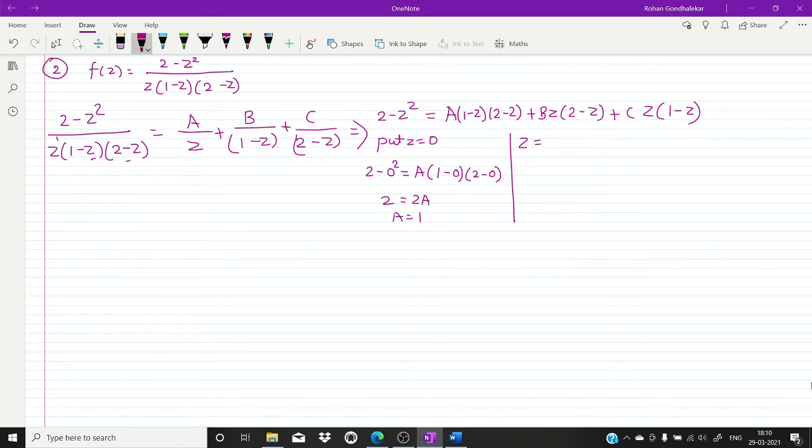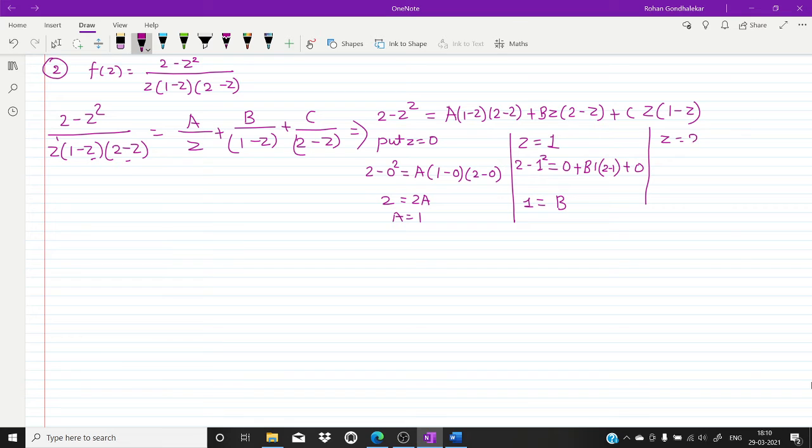Next, I am going to substitute z as 1. So what I am getting, (2 minus 1) square is equal to, see here I am having only 1. So 1 minus 1 becomes a 0. So a will be 0 plus c is also 0 because here also 1 minus z is present. So 1 minus 1 becomes 0. Only the middle term will survive. So b into 1 into (2 minus 1). So here 2 minus 1 is 1 equals b into 1. So b is 1. Okay, now we go for the c.